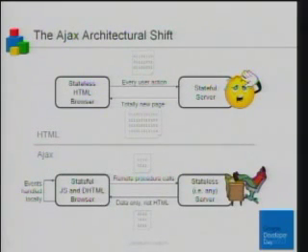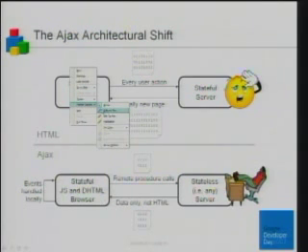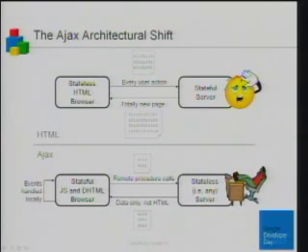Aside from these usability concerns, there's the shift in architecture. When you move your more stateful interaction to the client side inside the browser, this is what we end up with. I'll draw a little picture here. So traditionally, as I said before, every user action goes to the server. The server does a whole bunch of processing, spits out a brand new page. The browser re-renders it in a dumb way. That puts a lot of pressure on the server. You can see the server here is really exhausted because